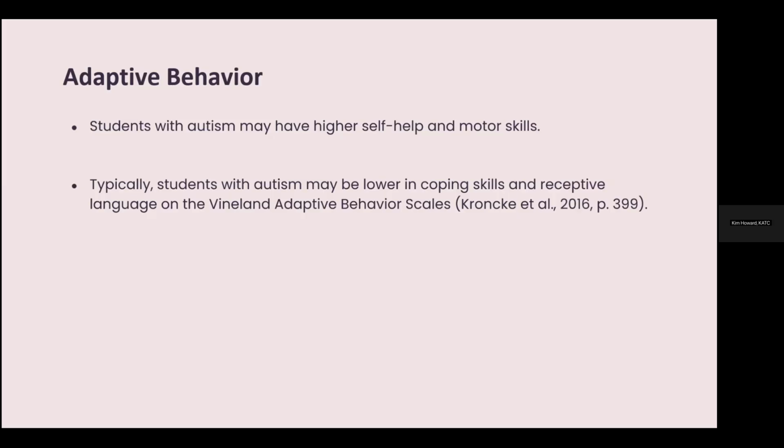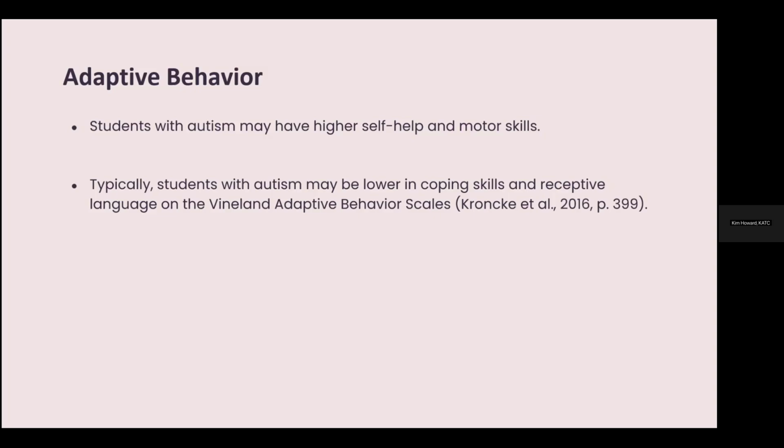Some of the other things that you might consider is the Adaptive Behavior Assessment System. The second edition shows the largest skill deficits in the area of communication, health and safety, leisure and social skills. It's been updated, so the ABAS3 is what it is currently. Adaptive behavior skills in students with autism are often lower than what you would expect based on their IQ. We know that adaptive behavior can be a major challenge for our students with autism.